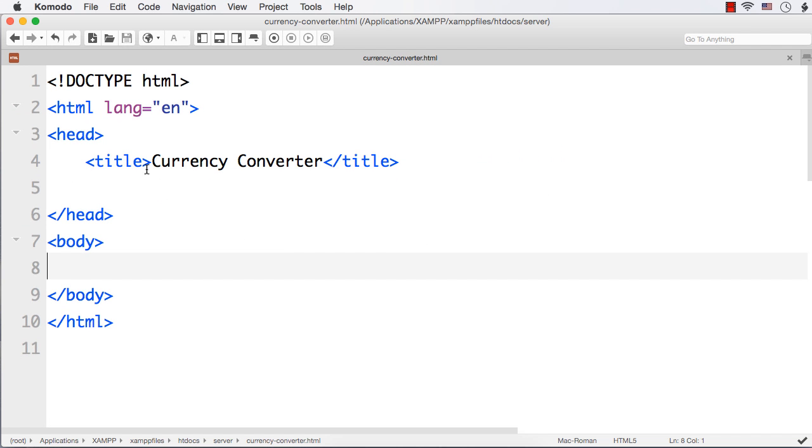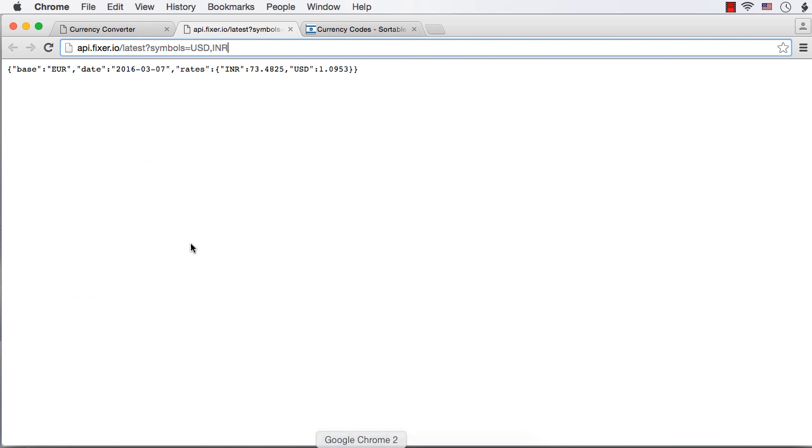To create this, I have a web page currencyconverter.html in the server folder, that is localhost folder. And what we are going to do is, we will first create the front end, and we will be using this API to convert between currencies. It is available at